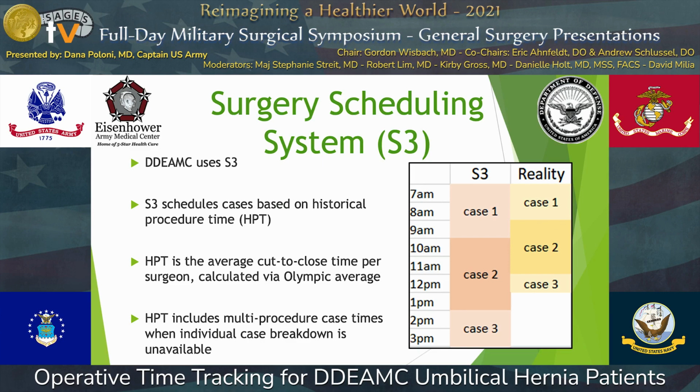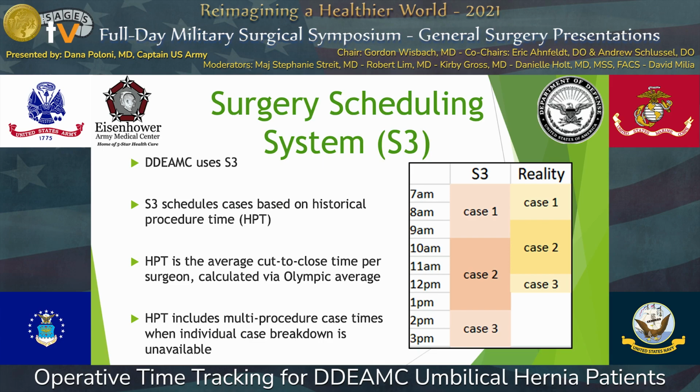In reality, S3 has an inflated sense of how long some of these procedures should be taking. Especially for umbilical hernia repairs, which hypothetically should be less than 1 hour. This can be frustrating when you're attempting to schedule an umbilical hernia repair into a time slot or an OR that has available space, and then you're prevented from doing so because S3 thinks that will put the OR over time. The overinflation of case time leads to underutilized operative space, and this results in longer wait times for patients